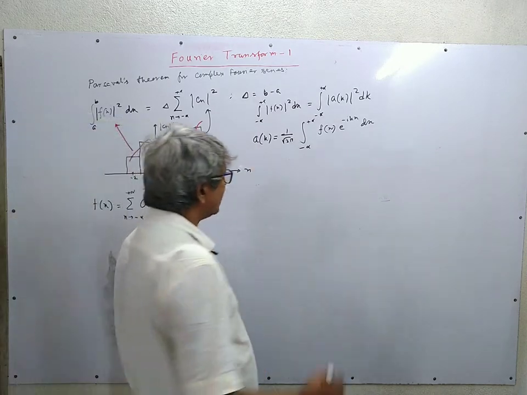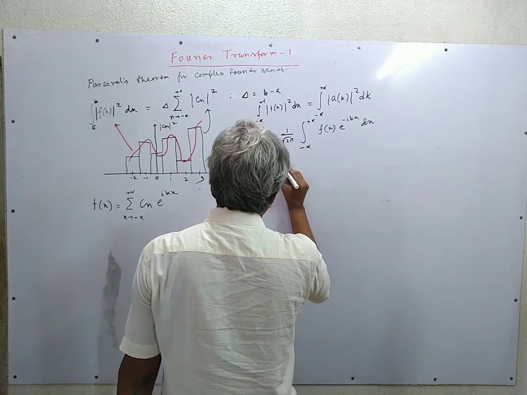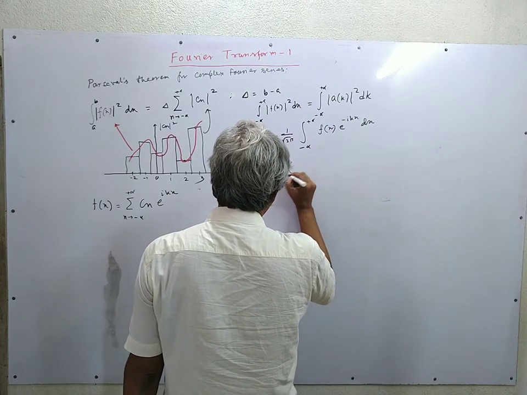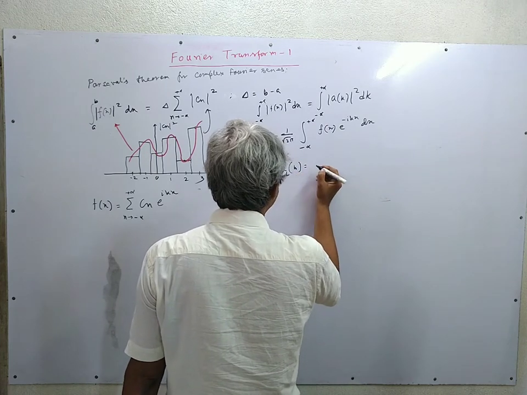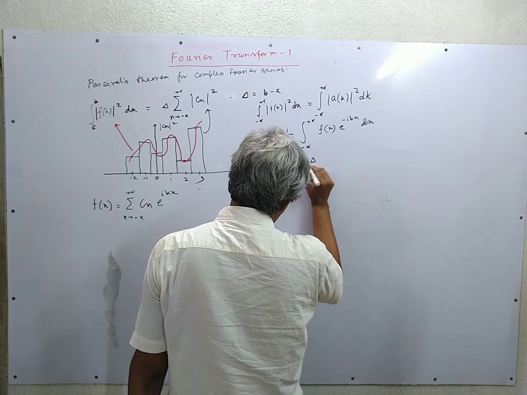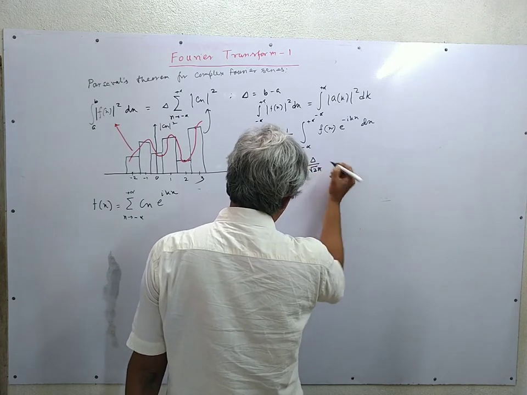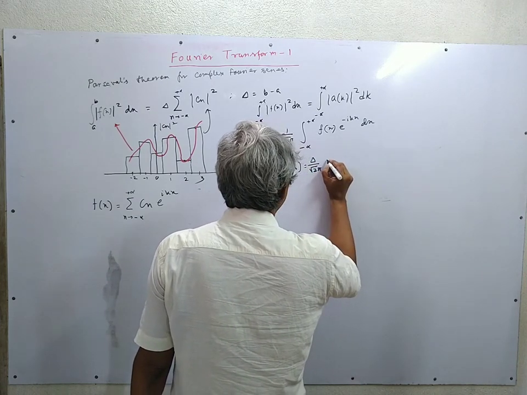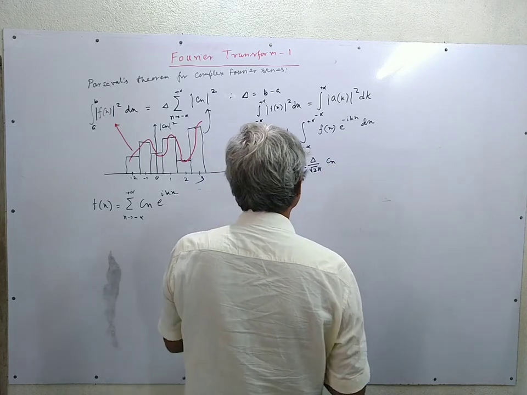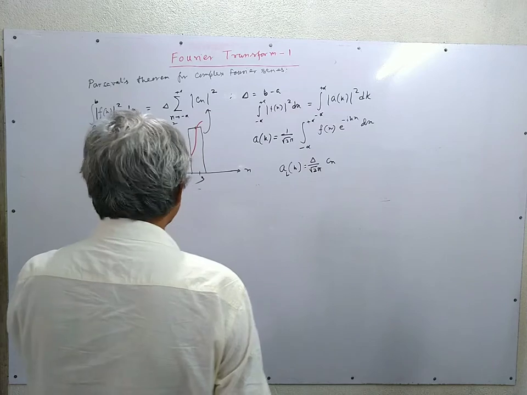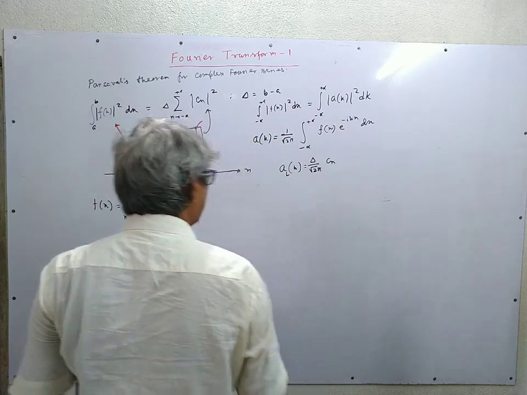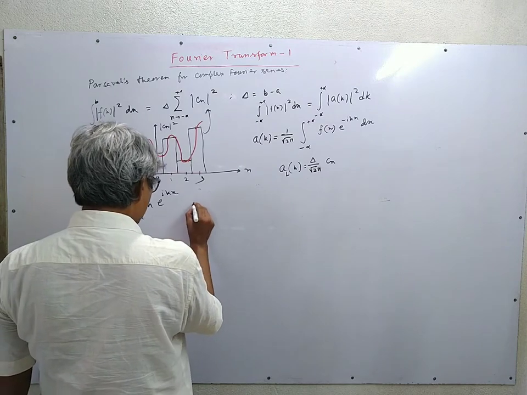You recall the definition of AL of k. It was delta upon root 2 pi Cn. So if we replace Cn by AL, this becomes